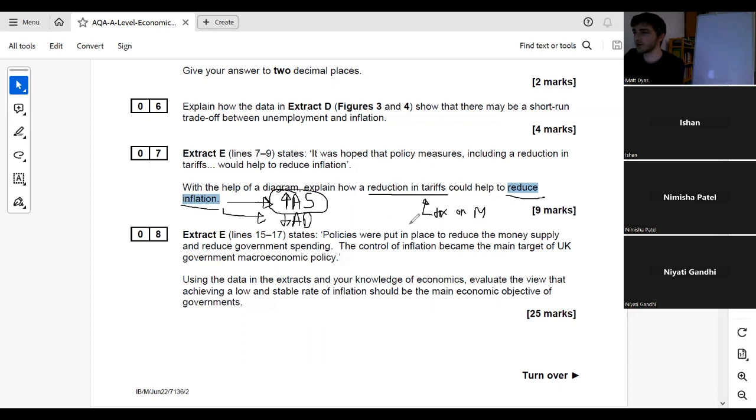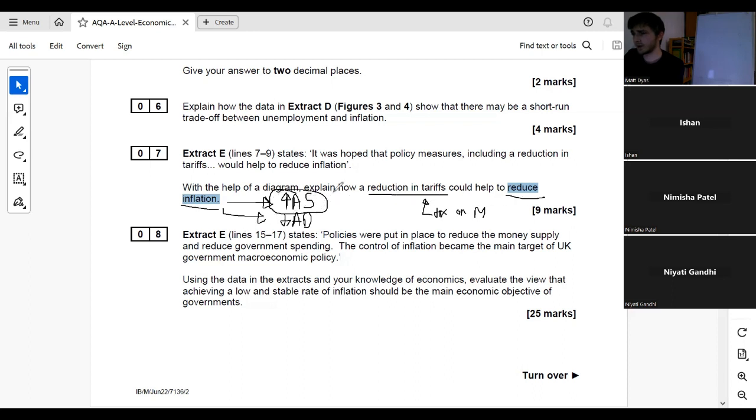So effectively, I think I've made that more complicated than it needs to be. If you reduce tariffs, you're going to reduce the cost of imports. And remember, firms buy imports too. That's all this is. A reduction in tariffs reduces the cost of imports, and firms buy imports of factors of production. So I think that's the easiest route to get there here. And well done, Dia, Nyati, and Devian on that.